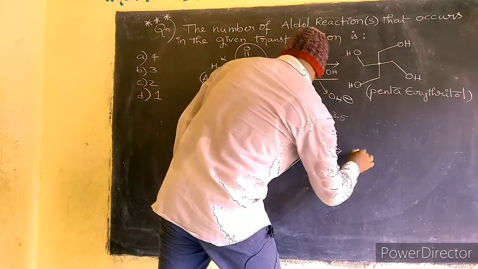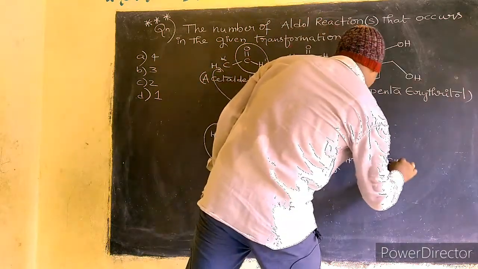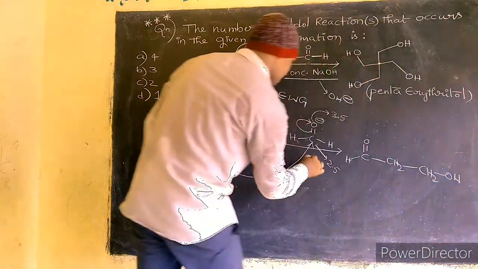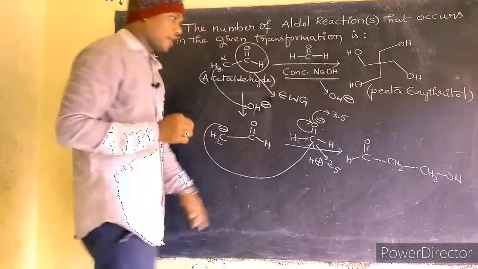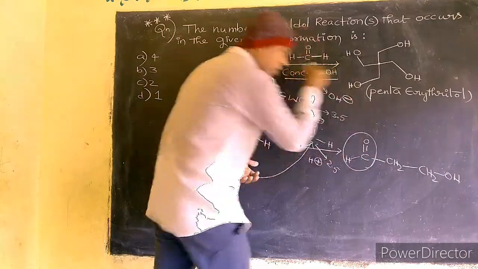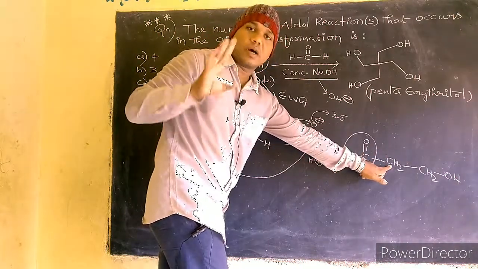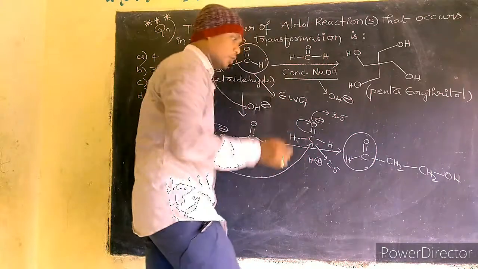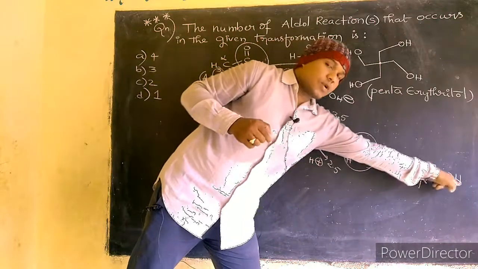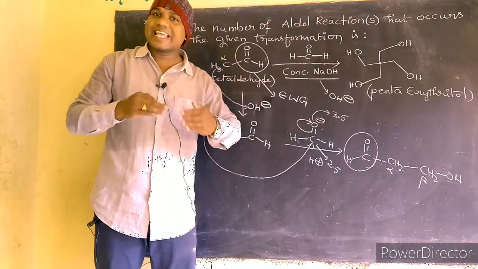So C double bond O H, here CH2 and again CH2OH, correct? H plus, protonation. After protonation, it will be converted into an OH group. We know that this is again a carbonyl group, which means an electron withdrawing group. For this carbonyl group, this position is called the alpha position and this position is called the beta position. So alpha, beta. What is this? A beta hydroxy carbonyl compound. A beta hydroxy carbonyl compound is called aldol.